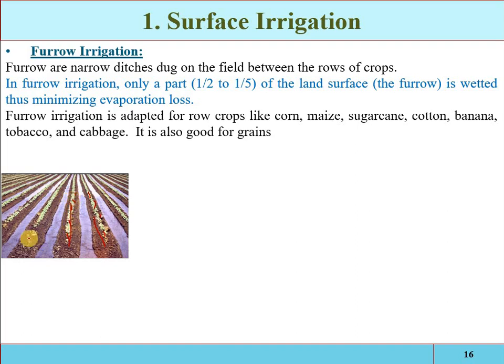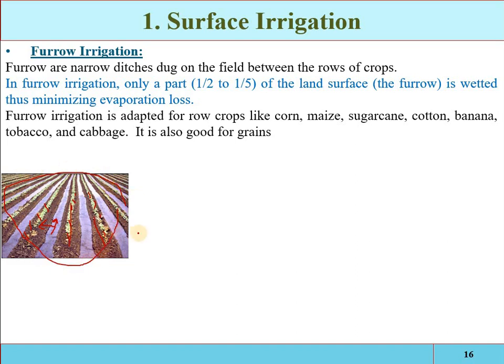So the crops are planted on these levees, and the water is applied in these ditches or channels, so the water will be easily extracted by the roots of the plants, because they are at almost the same level, so the water can easily move to the left and right of the ditch. And suppose you are not constructing these furrows, then when you apply the water, the whole area will be irrigated.